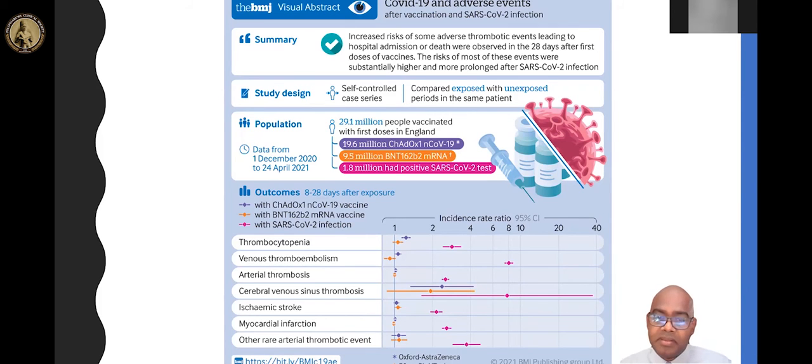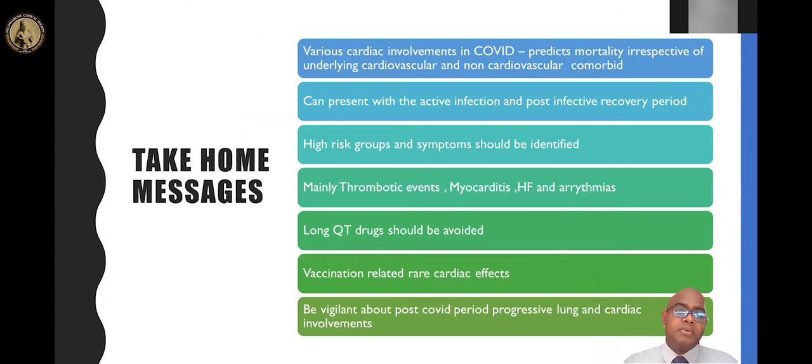So 20% risk to have, unless proven otherwise, a cardiac involvement in COVID. Maybe subclinical, maybe severe. But when it comes to the COVID vaccination, it is at least 1 in 10,000 to 1 in a million to get these side effects. So always reassure your patient and let them go for the vaccine, because currently that seems to be the only thing working for mankind. So with that, I would like to go for the main messages, or at least for those who are interested, the last slide. This is the take-home messages.